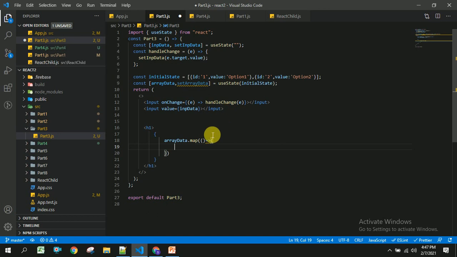Inside this map, I will be having two attributes, data comma index, and inside this I am going to return some span.